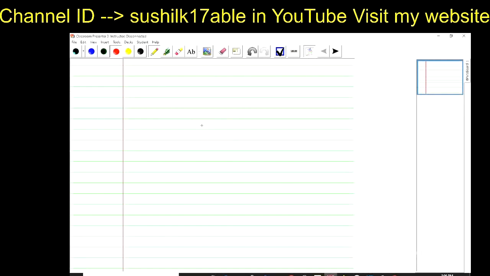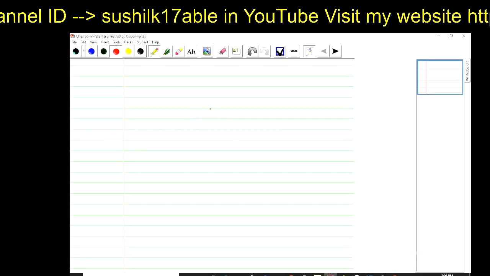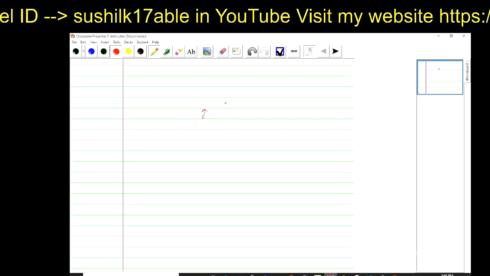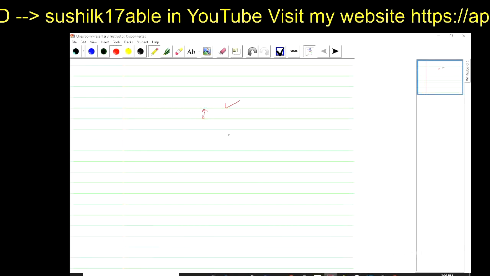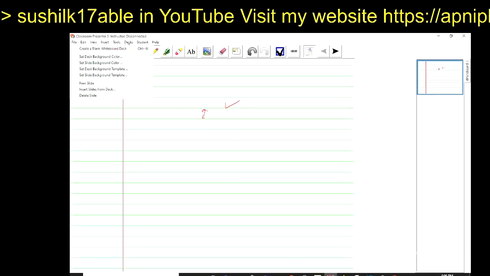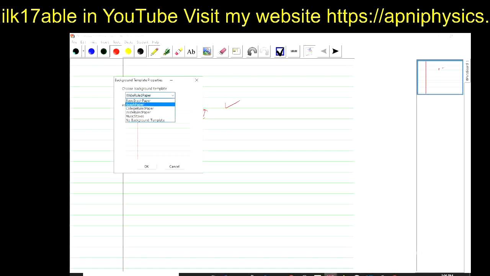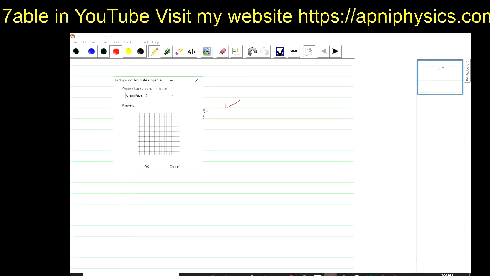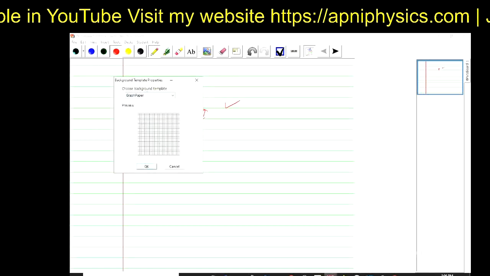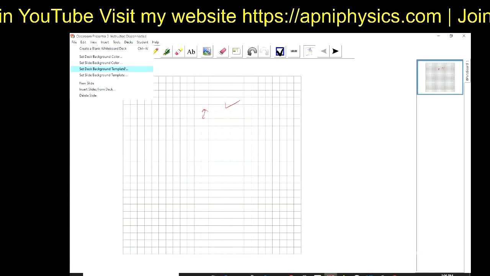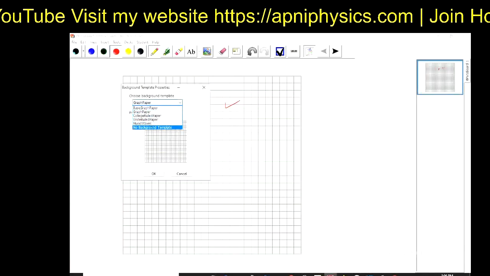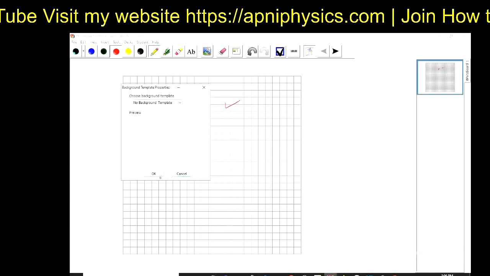There is only one option: the spacing of the line is fixed, the color is fixed. So you can use either the deck for the line purpose, or for the graph purpose, or without lines. It's your choice, right? So I am setting no background template, okay.